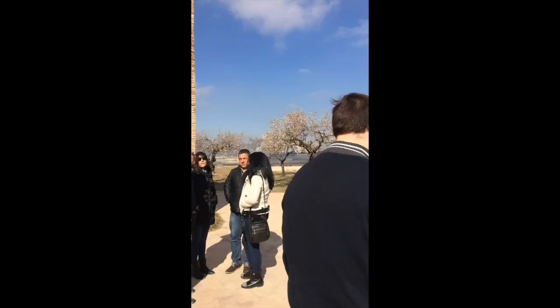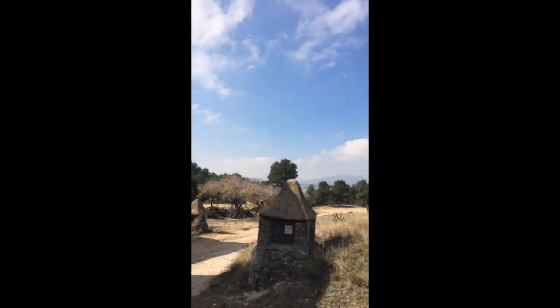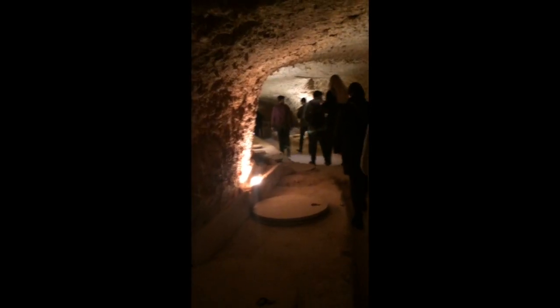So today USAC took us on another field trip. We had to get up and get there by 10, and then we went to the winery and the Xativa castle. So first stop was the winery, and we went down in this cool little cellar,